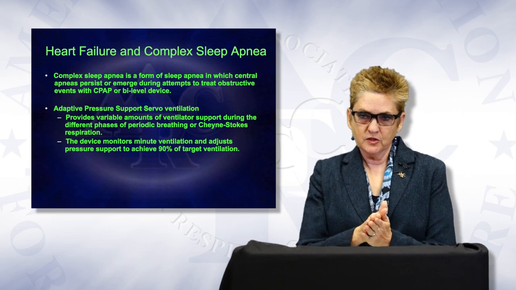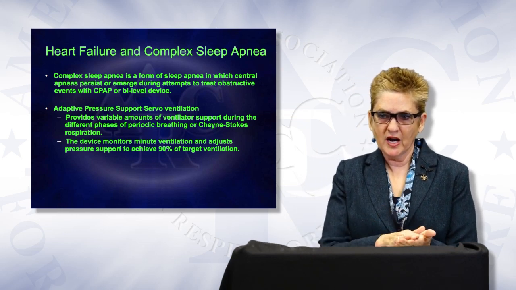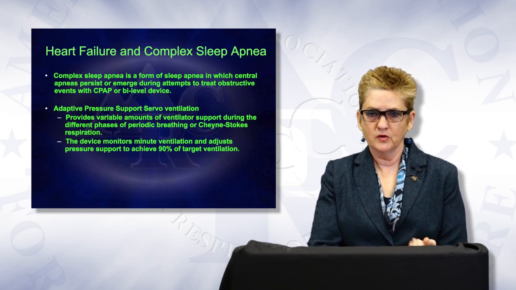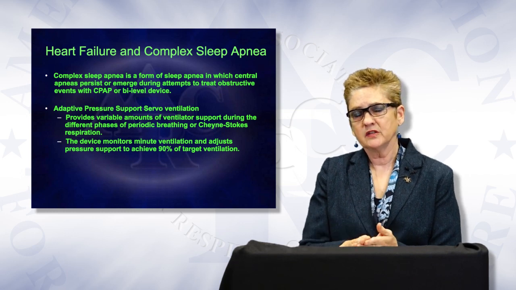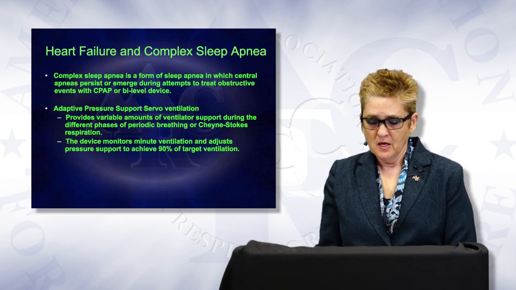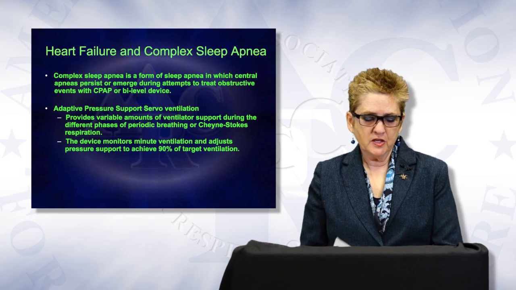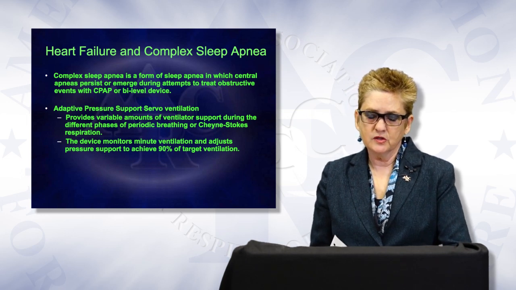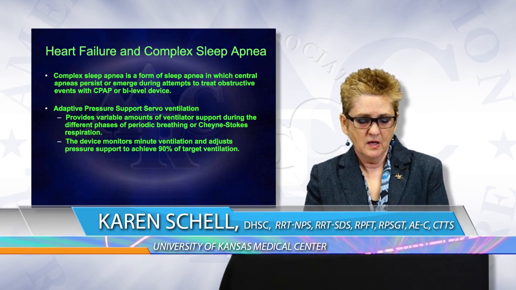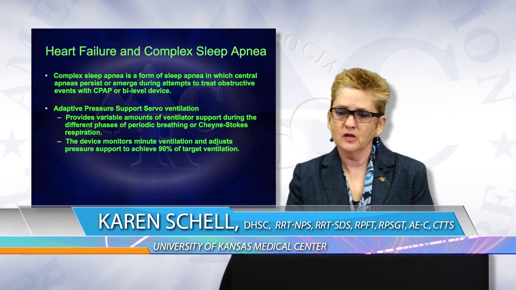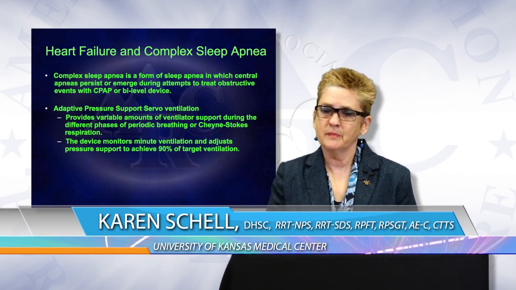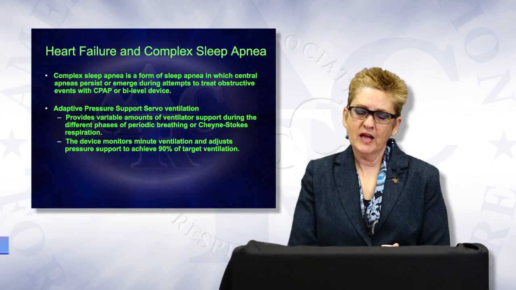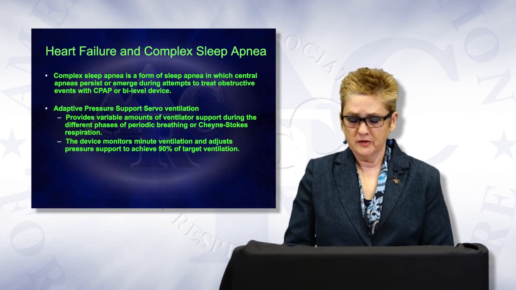So those patients are more complex to treat because we're actually inducing more apnea than we're treating, and we need to have a device that works well for them. And these patients are difficult to treat in that, as I said before, you typically start off with a CPAP. You don't know how the CPAP is going to react with them,